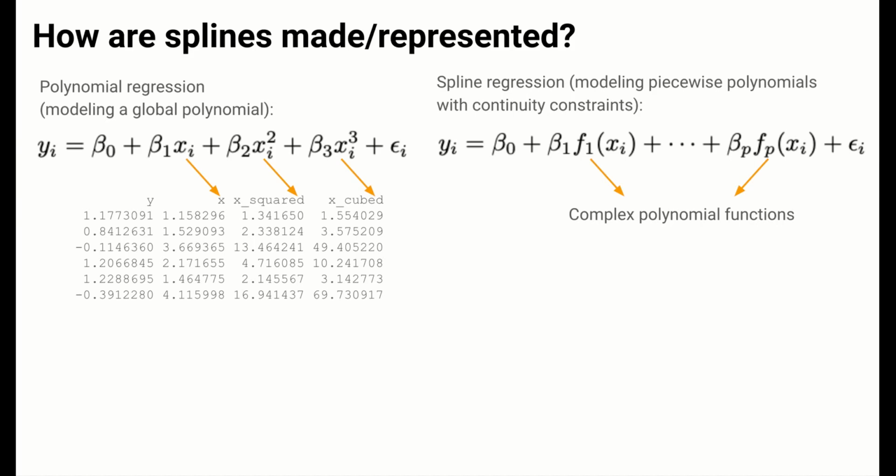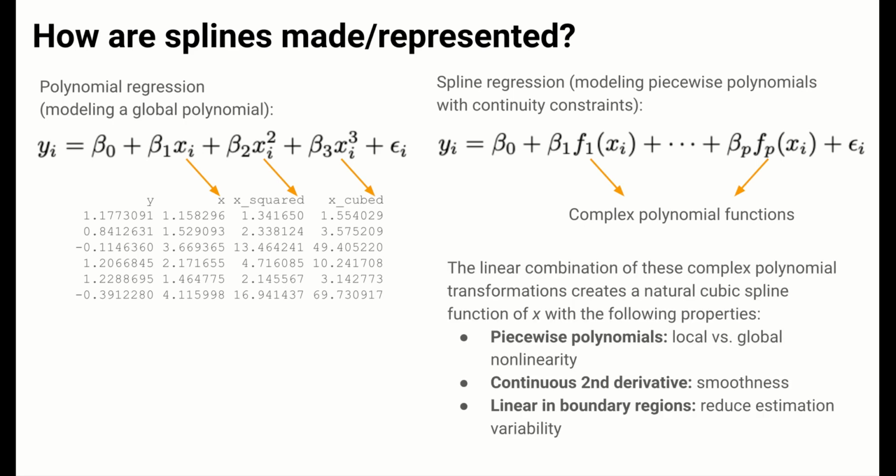We similarly use a set of variable transformations when we use splines in regression models. However, instead of simple power transformations of the predictors, more complex polynomial functions are used for transforming the predictors. We won't display the form for these polynomial functions because they're pretty long, but the key idea is that the combination, in particular the linear combination, of these complex polynomial transformations succeeds in creating a natural cubic spline function of